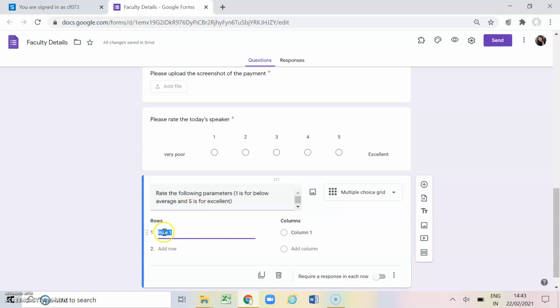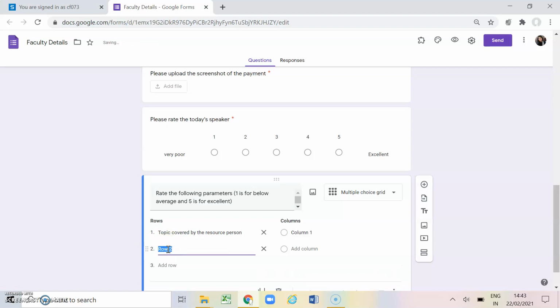Like the first parameter which I want to give is topic covered by the resource person. Another parameter is study material shared by the resource person.